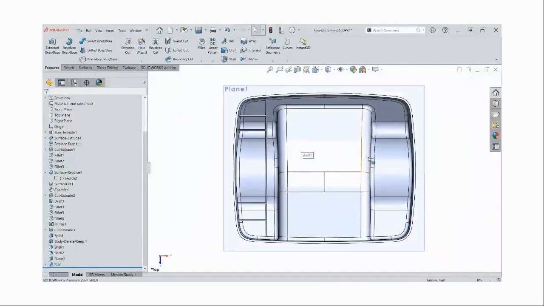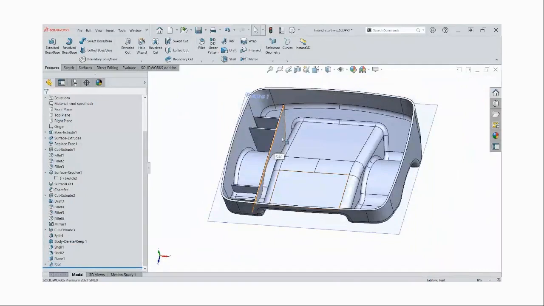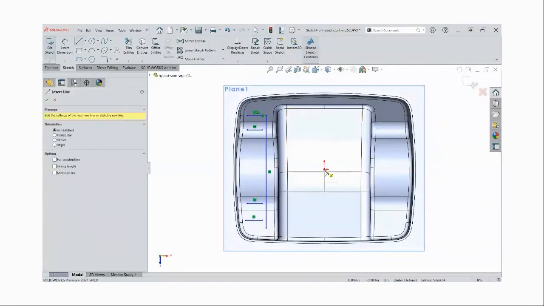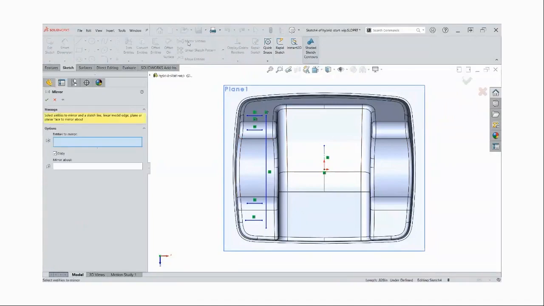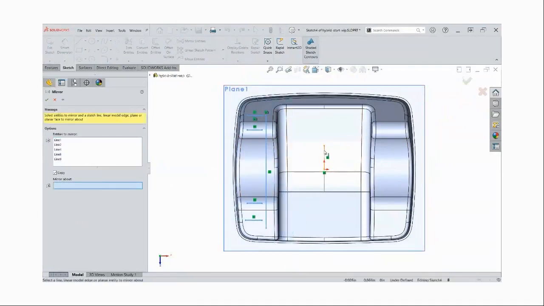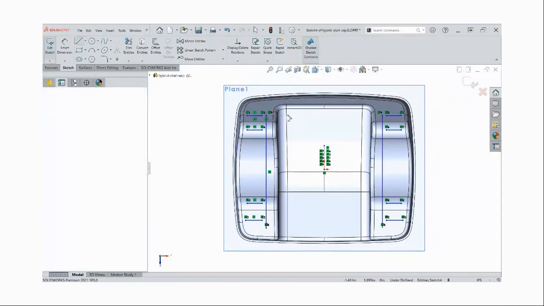And then you could tune these up. You could cut them back a little bit if they want to be closer to the surface. So there's other things we could do to improve the rib design. But I'm going to basically want these on both sides. So instead of trying to mirror the rib feature, I'm going to do it all in one rib command here. So I'm going to sketch a little center line and then use mirror sketch entities and copy over the rib to the other side. And then that will allow me to also put in some here if I wanted to